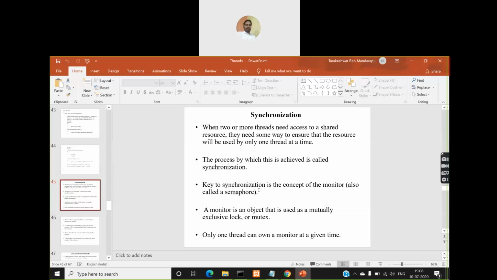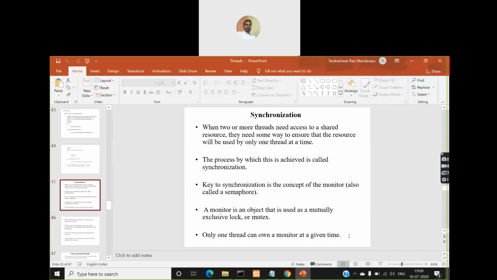So this is called a mutually exclusive lock. Mutually exclusive means what? If one person is gaining access, the other person will not be allowed. If that person is gaining access, then this person will not be allowed. So mutually, one person will be eliminating the other one. If this person is present, then the other one will be eliminated. If that person is present, this one will be eliminated. So that is nothing but called mutual exclusion, right? So this is a mutually exclusive lock. It can also be called a mutex or semaphore.